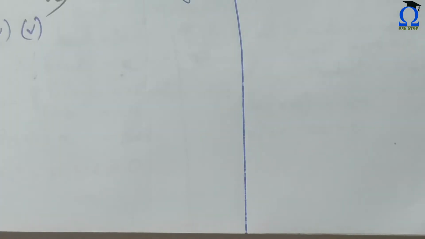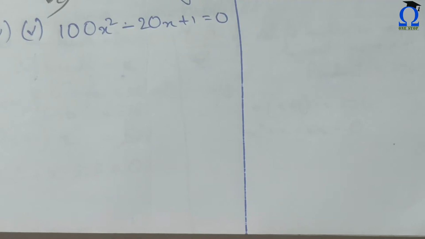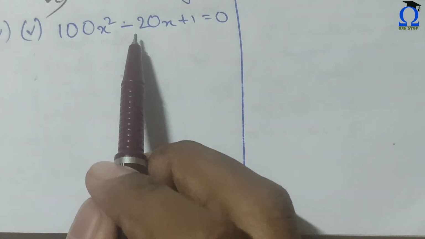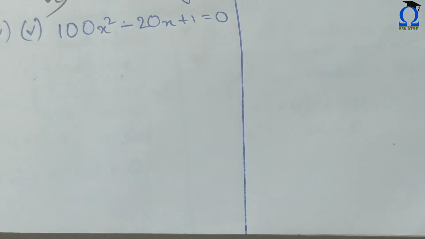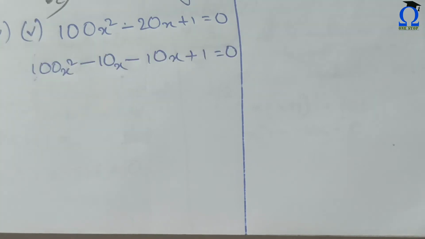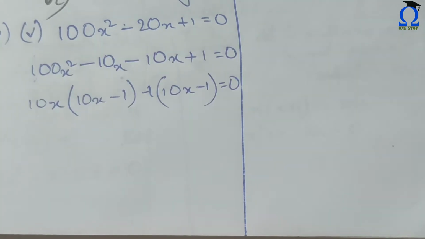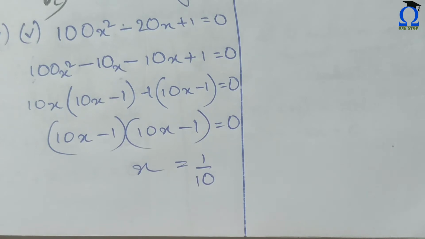I'll show you one more part, that is the fifth part. This one is also easy, but I'm just showing you here. See, we need to find two numbers so that the sum or the difference is 20, -20 actually, and the product is 100. So 10 into 10 is 100, simple. And we will do this as -10 into -10, so that -10 plus -10 will be -20. And now after all the process, we'll get our answer, that is 1 by 10. There are two answers actually, 1 by 10 and 1 by 10.